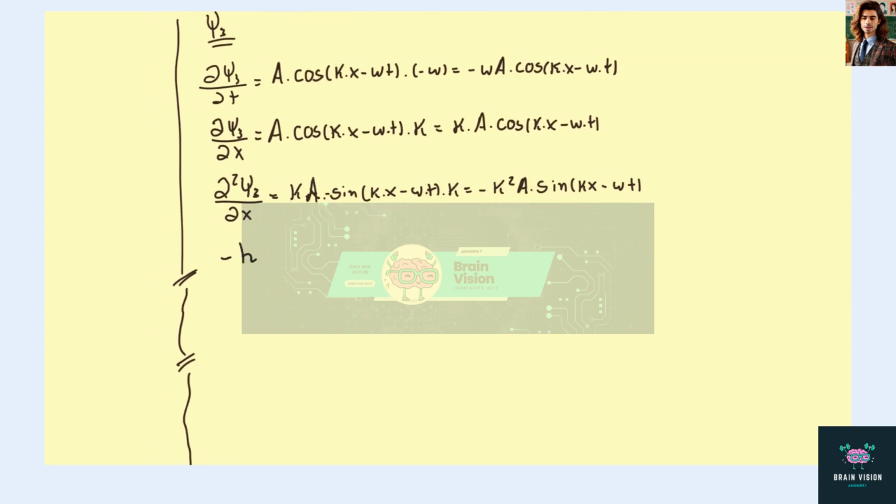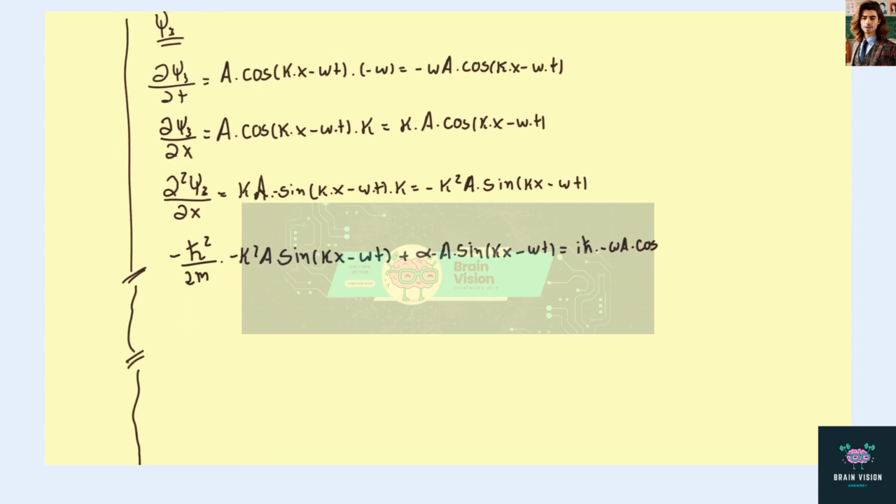Schrodinger's equation says that minus h bar squared divided by 2m times the second spatial derivative, so minus k squared times a times sine of kx minus omega t, plus alpha times the actual wave function, which is a times the sine of kx minus omega t, should be equal to i times h bar times the time derivative, which is minus omega times a times the cosine of k times x